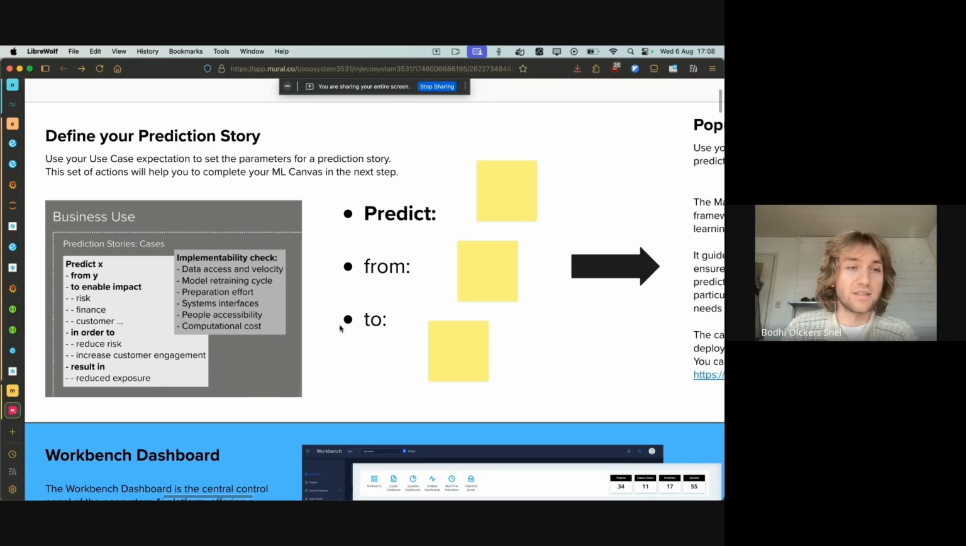For example, we can see some of our graphics here, predict X from Y to enable impact on risk, on finance, or reduce risk, or increase customer engagement. So those sort of relationships in your ideal chain of causality is something you're going to want to outline before you start actually implementing anything on a technological level. You can always refer back to your ultimate goal and make sure whatever models you're training, whatever methods you're using,